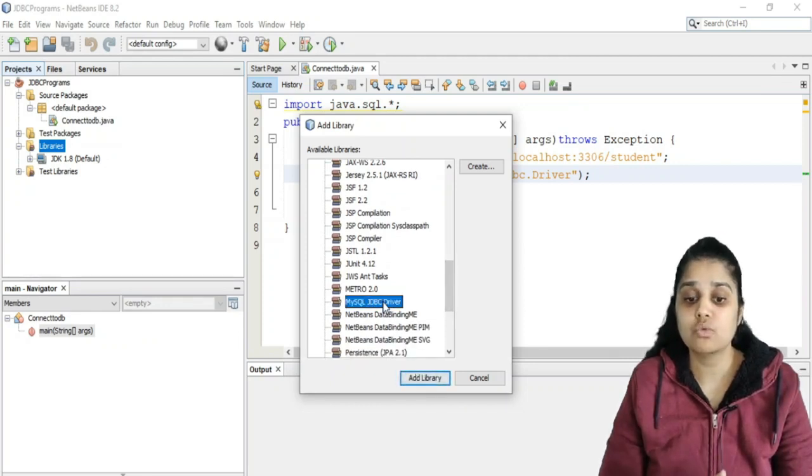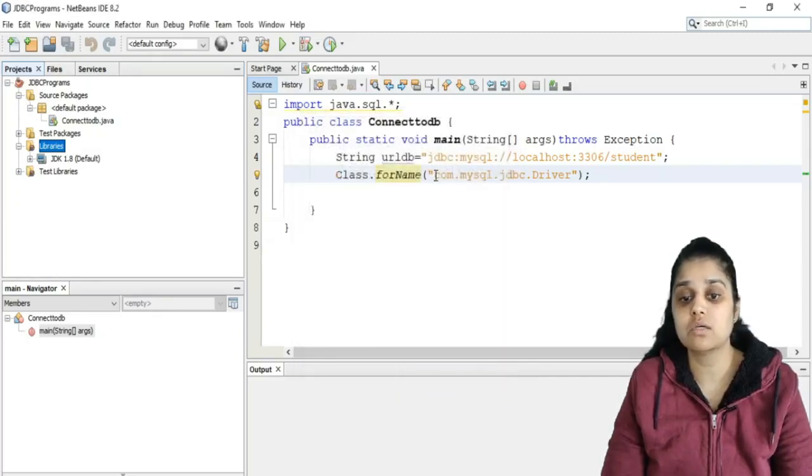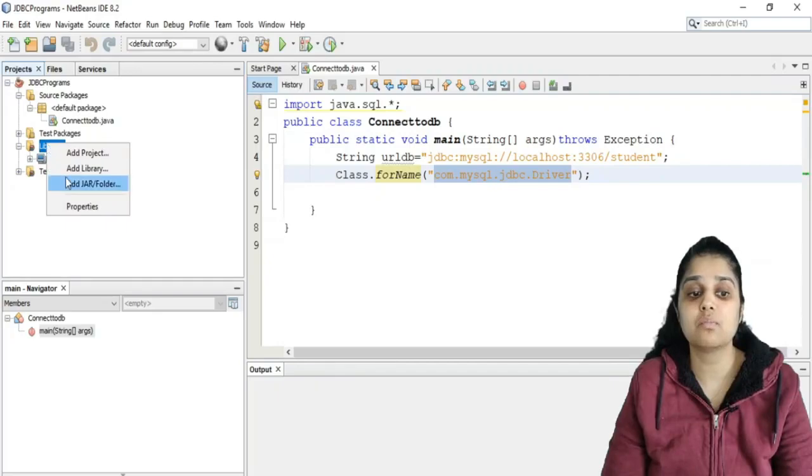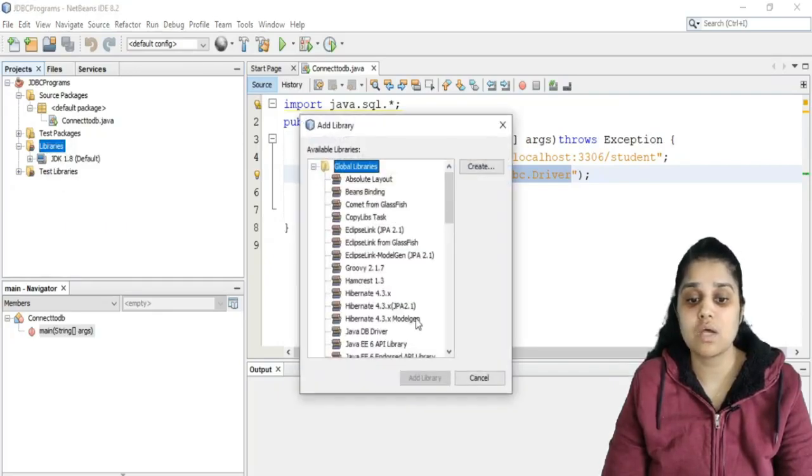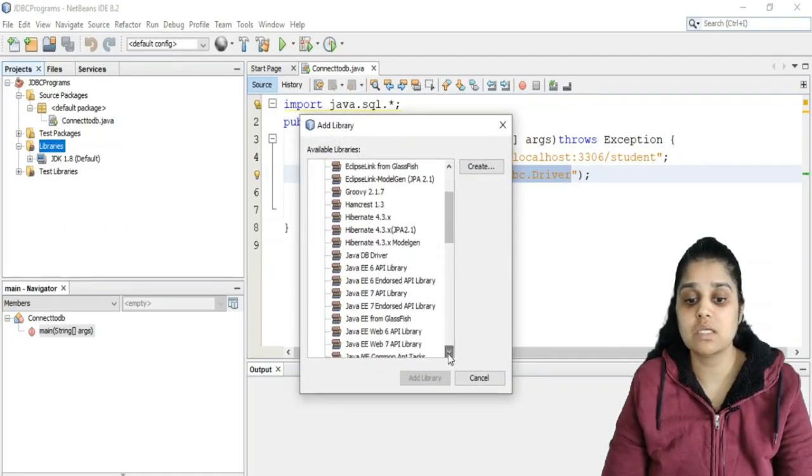If you are not performing this step, then you will not be able to load this class which I have written here, com.mysql.jdbc.Driver. It will be unknown. So if you are telling the program to find this driver, you have to specify your driver path here. So this is my MySQL JDBC connector file.